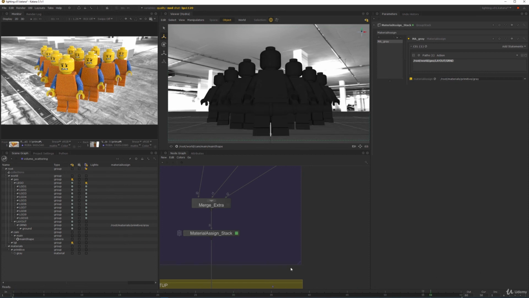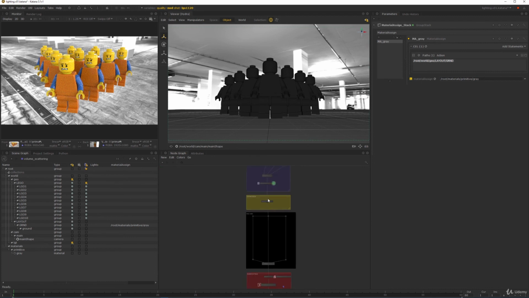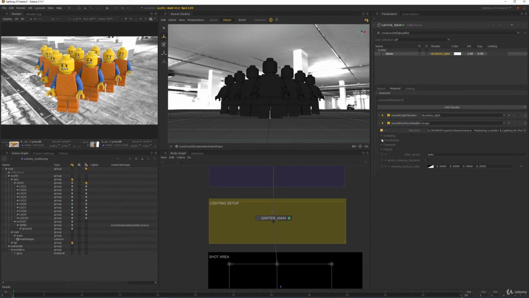Obviously our light, we still are in the garage, so what we can do just for the main gaffer, or just in preparation for the next lecture, we can just make sure that we don't have this gaffer connected, because we want to have like a proper shot HDRI. So let's just get rid of that and